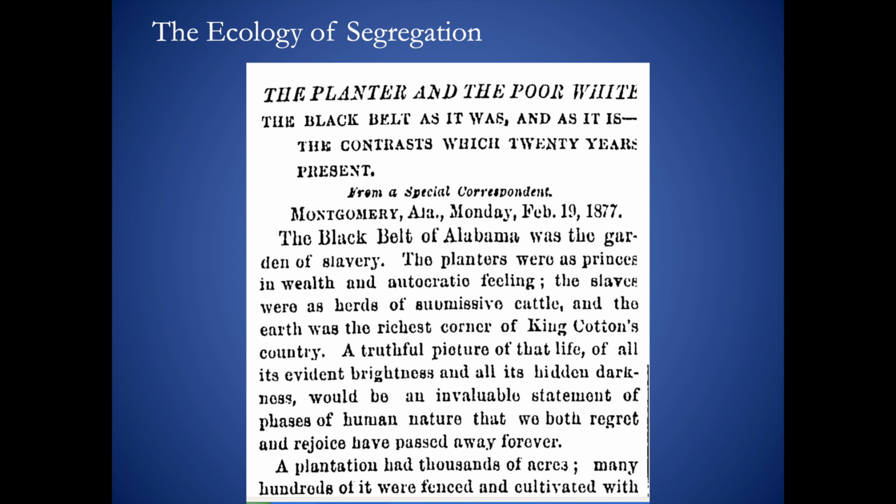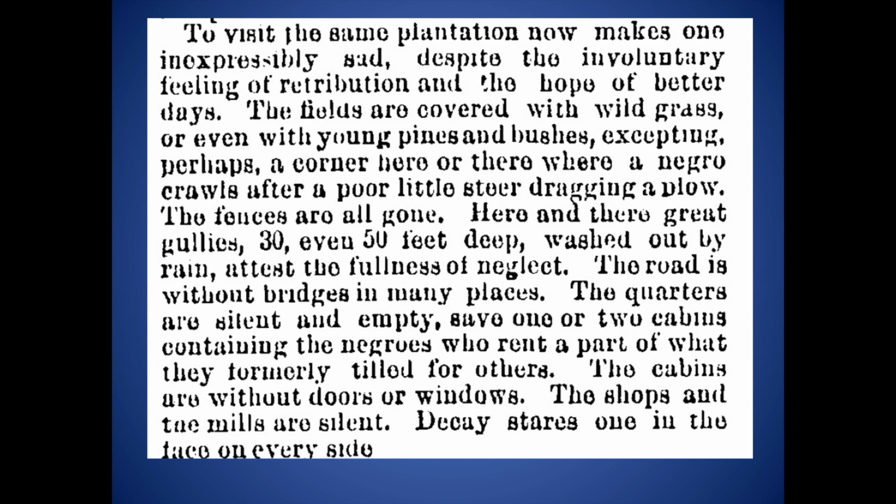But then the author abruptly shifted gears, because to visit the same region in the 1870s, he said, makes one inexpressibly sad. And then he went on to describe the landscape. There are gullies, there is poverty grass, the roads are in bad shape, the housing is poor and the like, until it concludes, "decay stares one in the face on every side." And I want to underscore here that the landscape serves as a proxy by which the author measured the region's